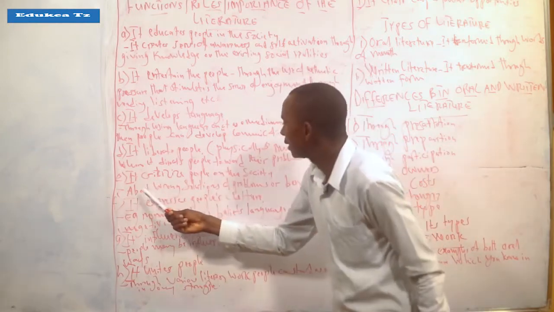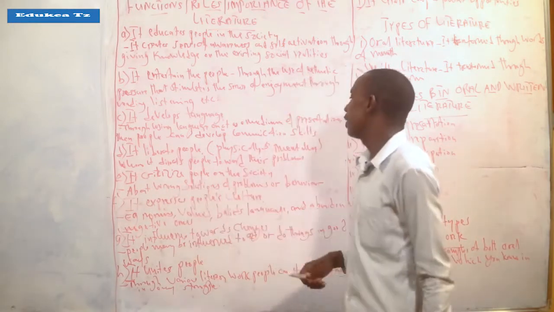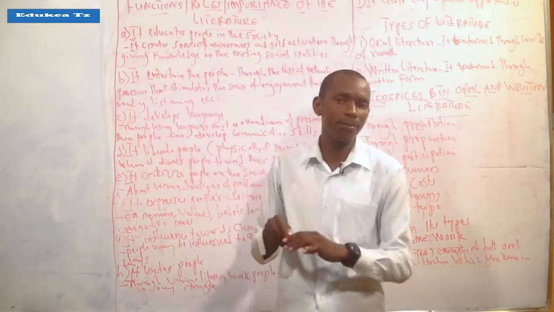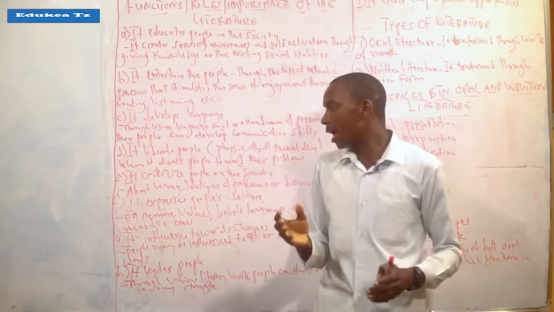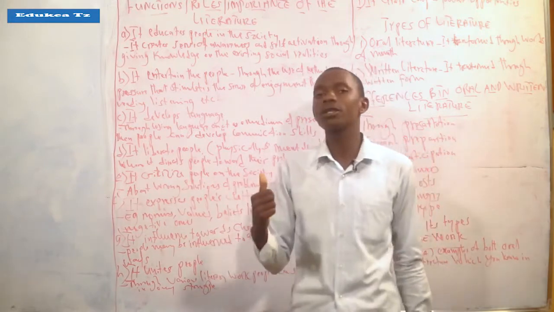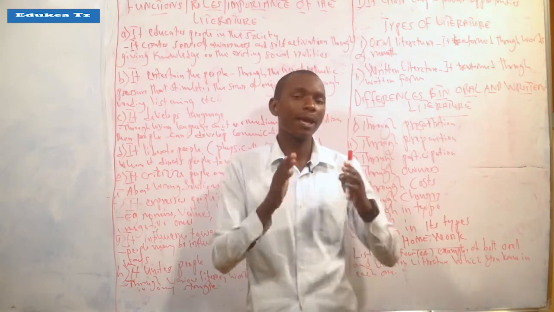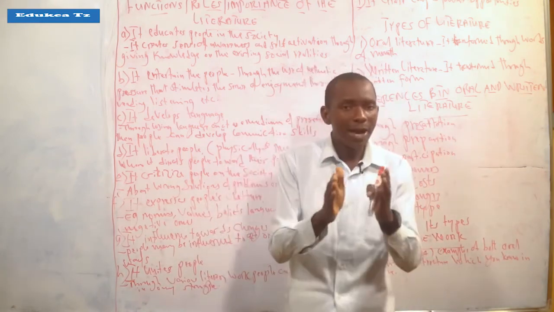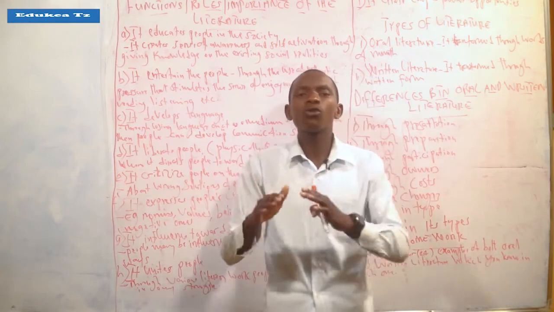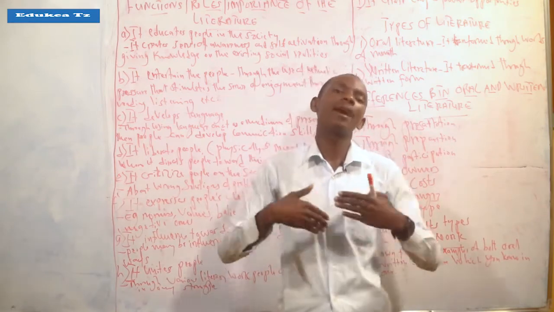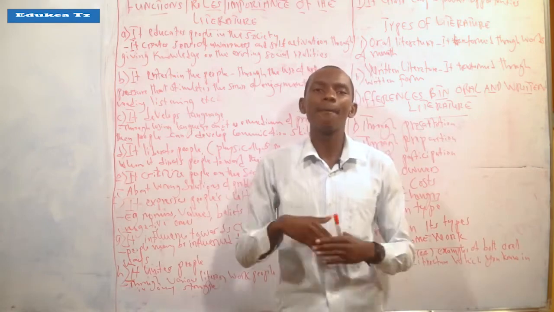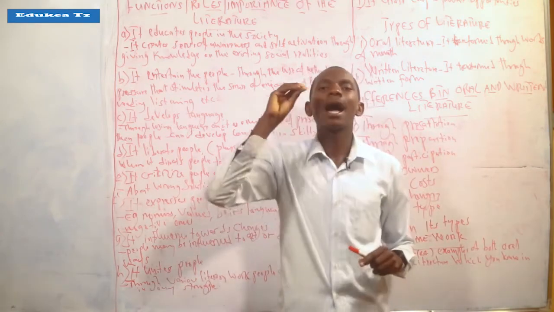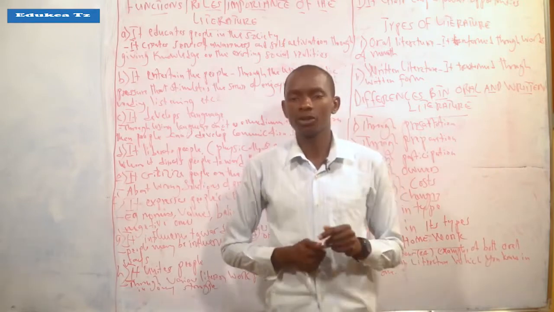Also, it criticizes people in the society. Another function of literature is that it criticizes people in the society. Here, a main issue which you have to take into consideration is that any kind of literary work, or most literary works, try to criticize people according to their behaviors, according to their manners, according to each and everything which is not accepted in a given society.